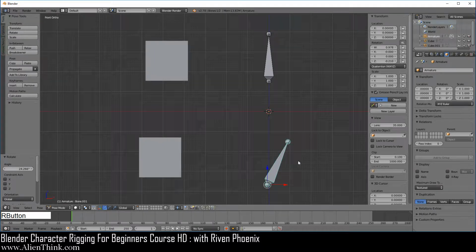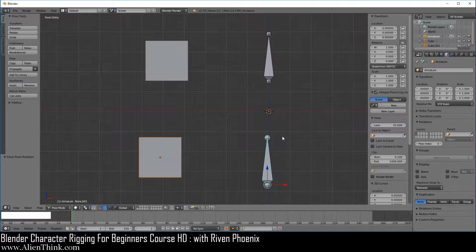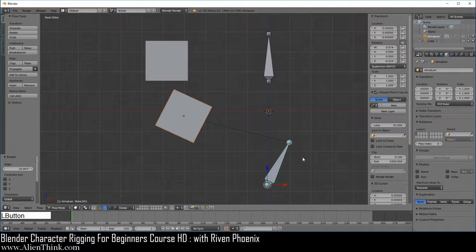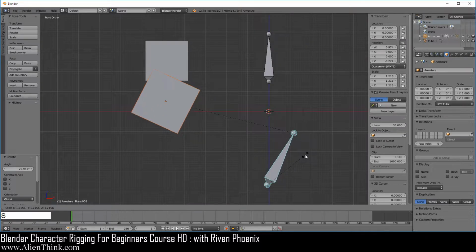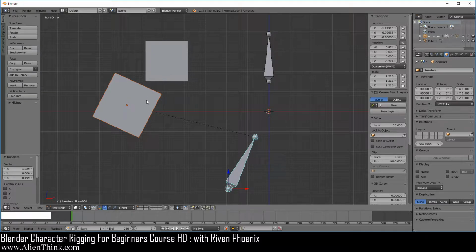Okay? Go ahead and click on this bone, do Alt R to reset the rotation. So we're going to click on this object, press the Shift key down and click on this bone, do Control P and click on bone again. So now you already know that when you click on the parent and press the R key to rotate, the child will follow. When you press the S key, the child will scale. When you press the G key, the child will move. Right? So this object will always follow whatever the bone is doing, which is its parent.